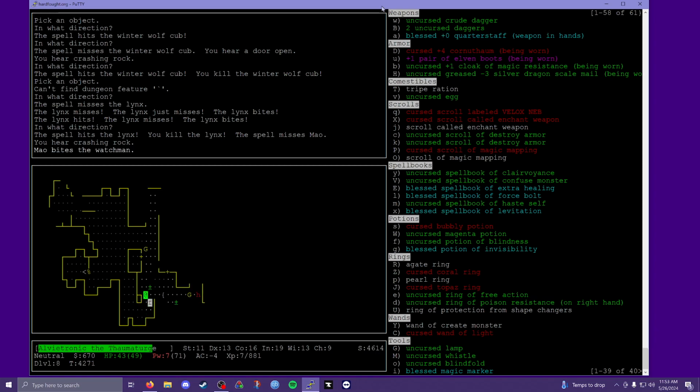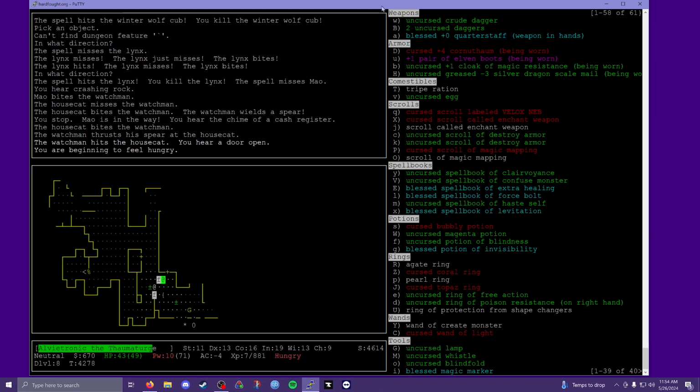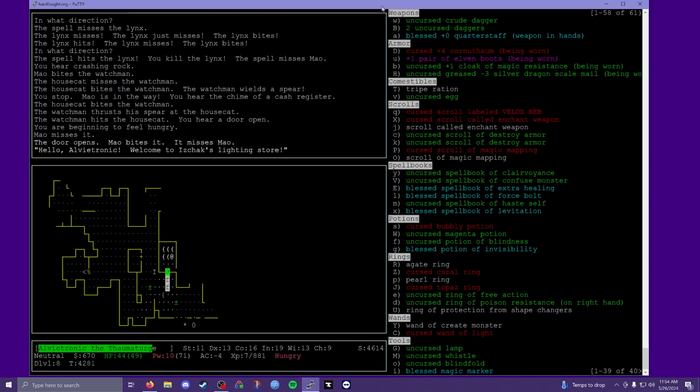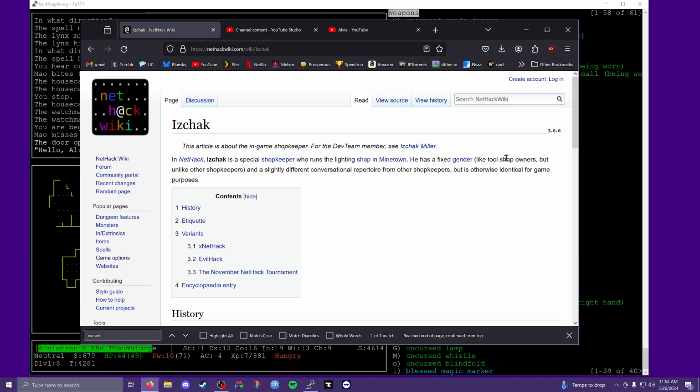So this looks like Minetown. Yep, there's a watchman. The danger level was Minetown itself. It's Izchak. Izchak is the only store that always generates in Minetown. It's the only storekeeper who is consistently named. The others are always randomly named. And I believe... I don't want to disrespect them, so let me look up exactly. Shopkeeper...